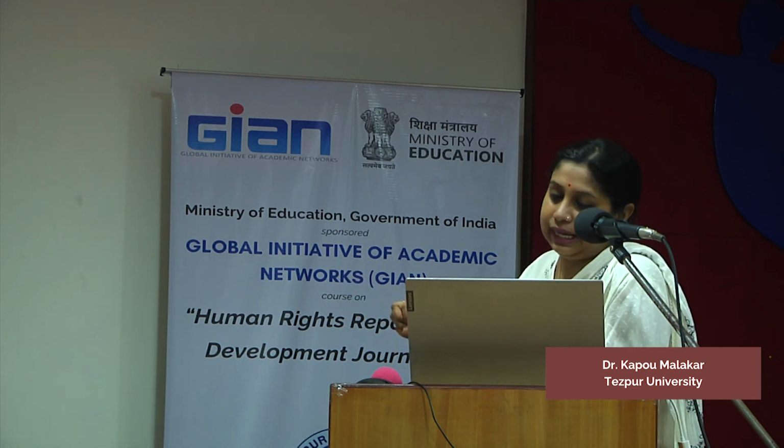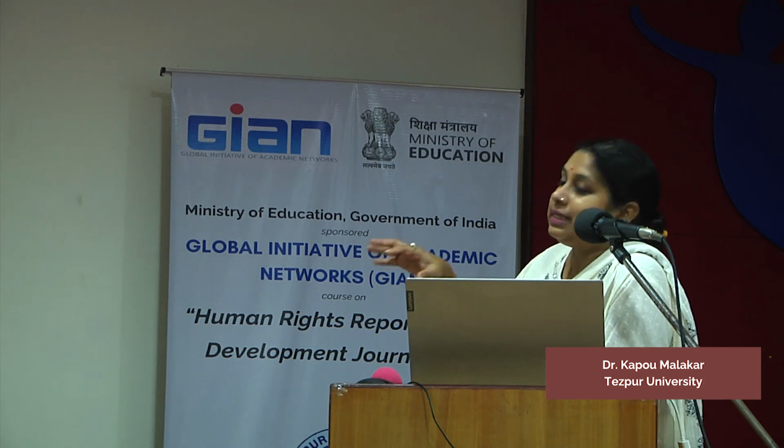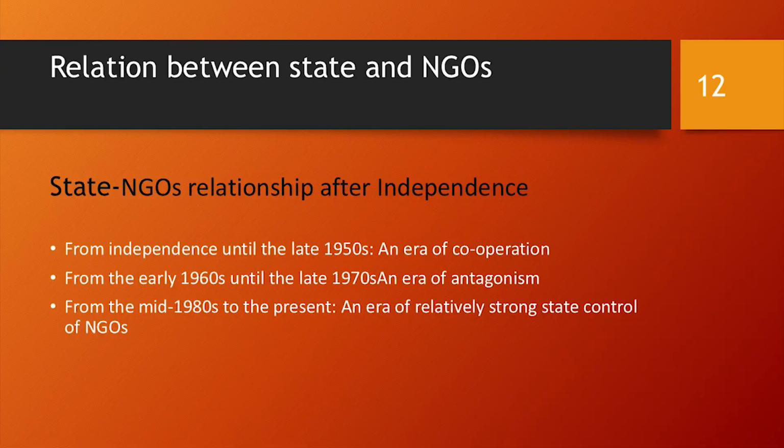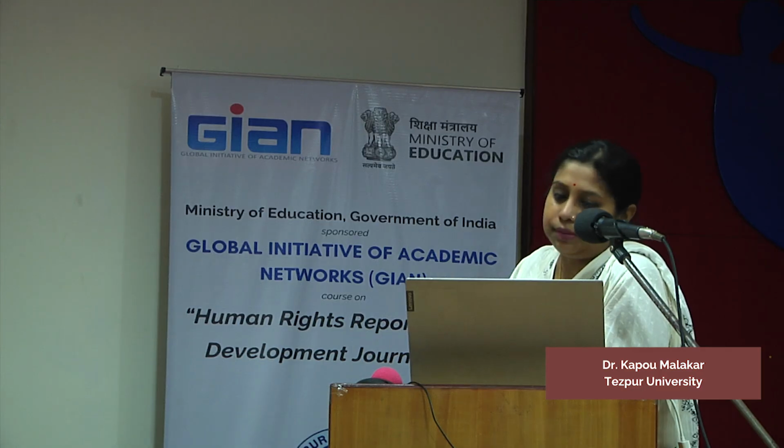1950s. We actually know this era. It is the era of cooperation. When you talk about this era of cooperation, in the sense that NGOs were working during that period as a shadow state, they didn't oppose the state, didn't oppose the government, and most of the NGOs were inspired by Gandhian ideologies and trying to work in rural reconstruction. Before independence, even during independence and until the 1950s, we get to see that era of cooperation between NGOs and the government. And NGOs didn't oppose the government.